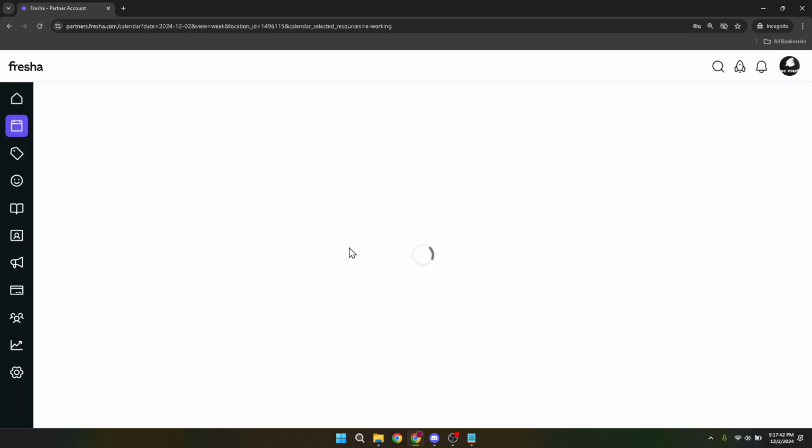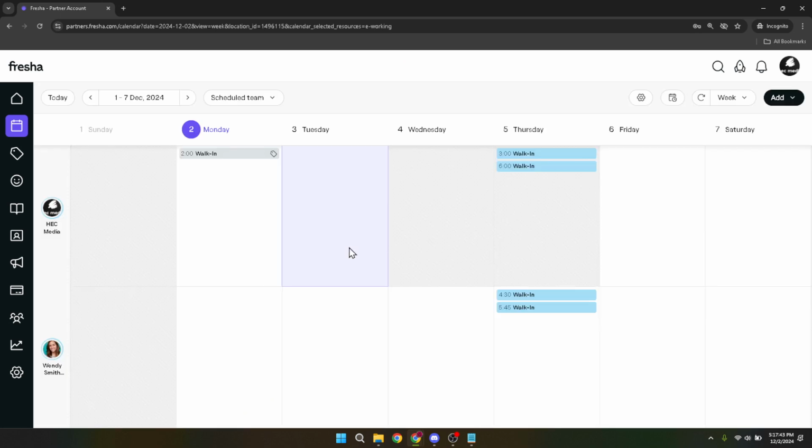After successfully signing in, your next destination within the Fresha platform is the marketing section. This can be found directly from the dashboard or sometimes within the more comprehensive menu, depending on how your screen is laid out. Inside the marketing section, you're looking for a specific feature titled Deals. This is essentially where all your active and past deals live, and it's the starting point for editing an existing